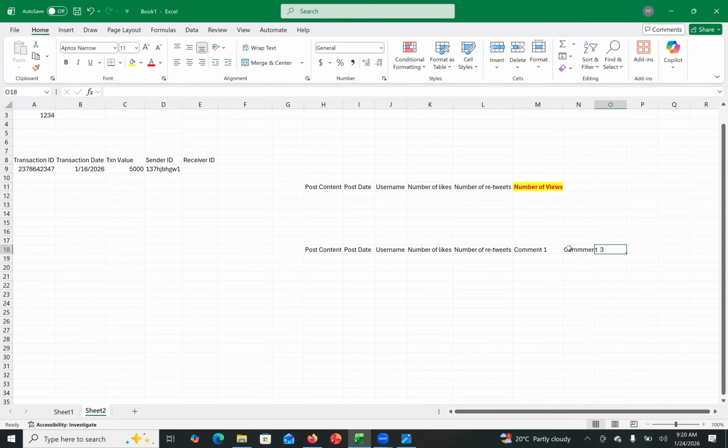How many columns should I create that it should be sufficient? Too many, don't you think? If I start capturing every comment like this, is it sustainable? No, right? This is not sustainable. Maybe one particular tweet will have no comments at all, while another particular tweet can have, let's say, thousands of comments,